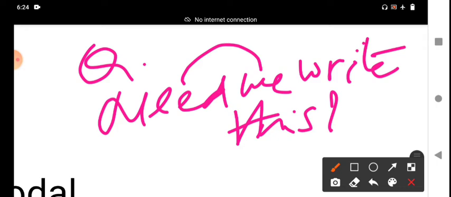Write this down, it is a phrasal verb. Write down, a separable phrasal verb with a preposition. Need we write this down? It is an interrogative sentence, and we have to use need. And then